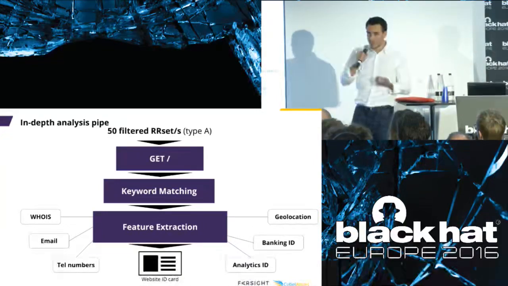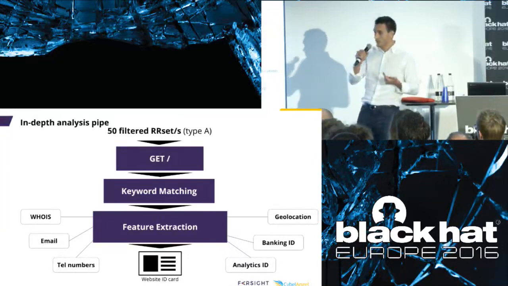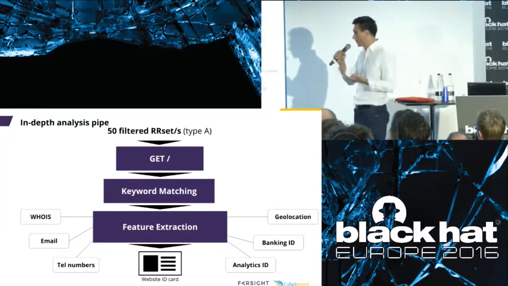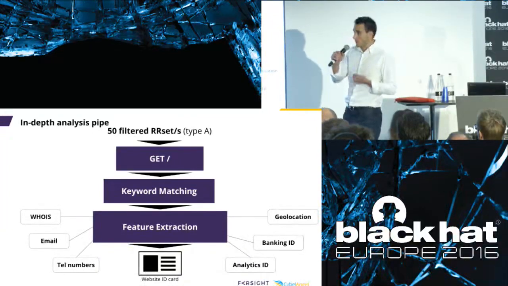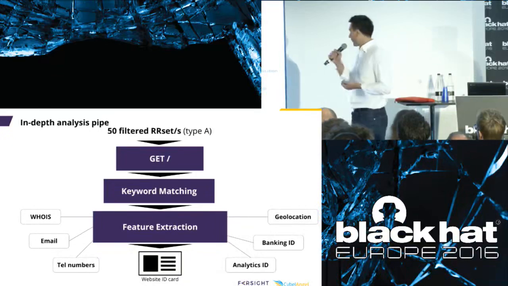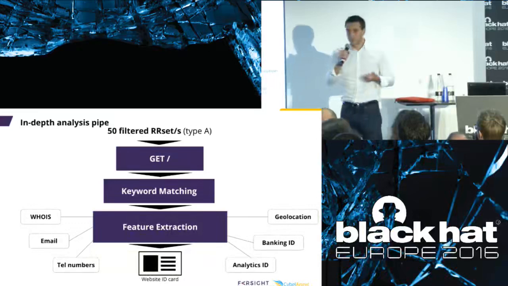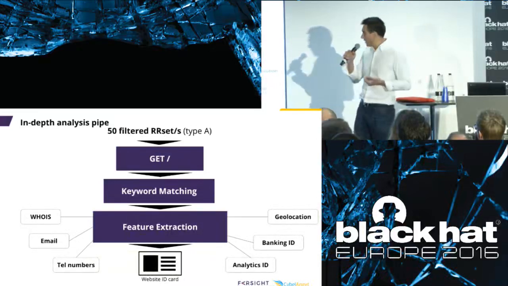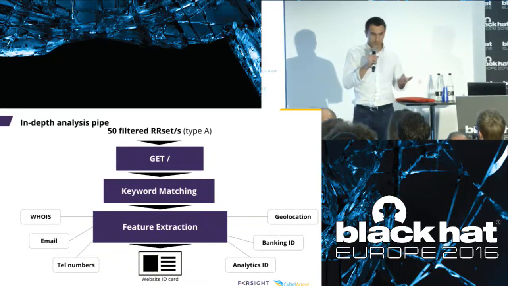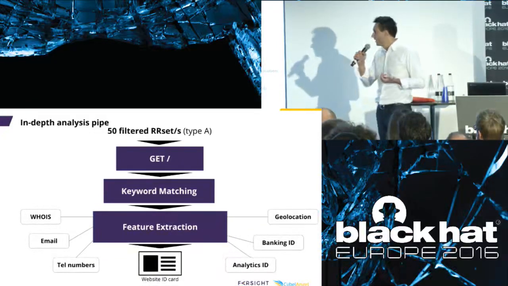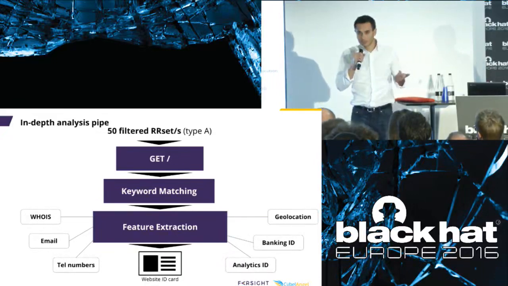So all the email addresses we can find, either in the WHOIS record or in the body of the page, or we also follow the links to go to subpages. We also look for phone numbers in the body of the page, in the WHOIS record, everywhere. We also look for analytics IDs, like Google Analytics. This is very useful, and it's because, you know, the counterfeiters, they're like you, they're businessmen, and they want to do business. And when you do business, you want to do marketing. And when you do marketing, you use Google Analytics.